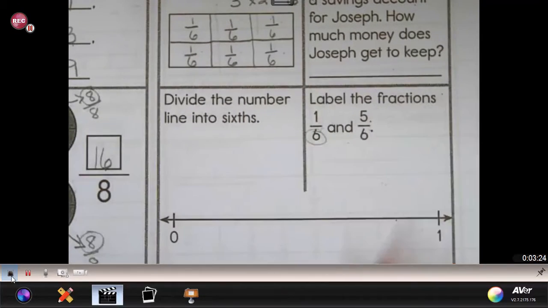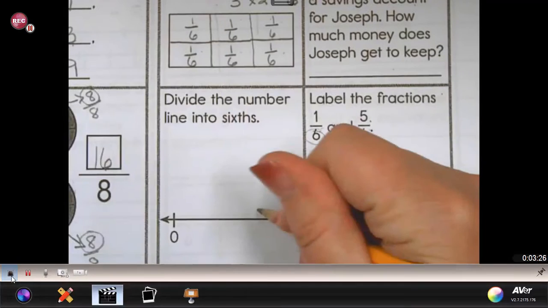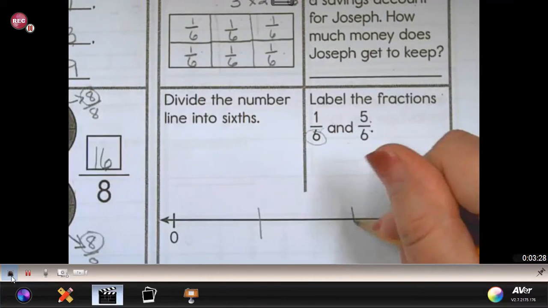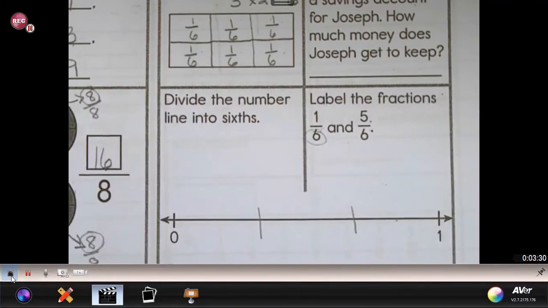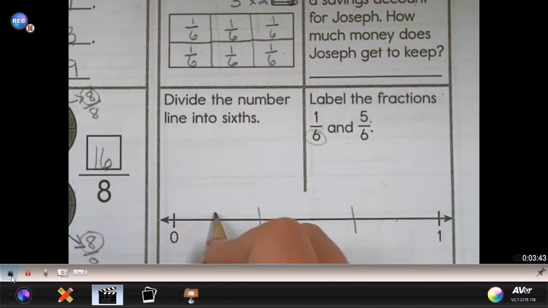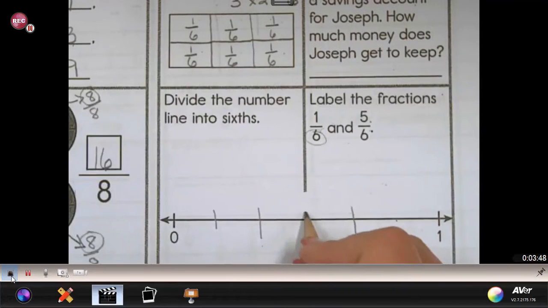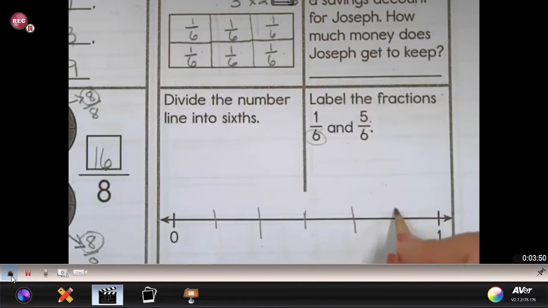So I'm going to start with the whole. I'm going to partition it into thirds. So remember, you cannot start thirds using half, but you can use half to make sixths. But I'm going to start with thirds so that I can use the thirds to make sixths. And I'm going to double those pieces. So now I've got 1/6,